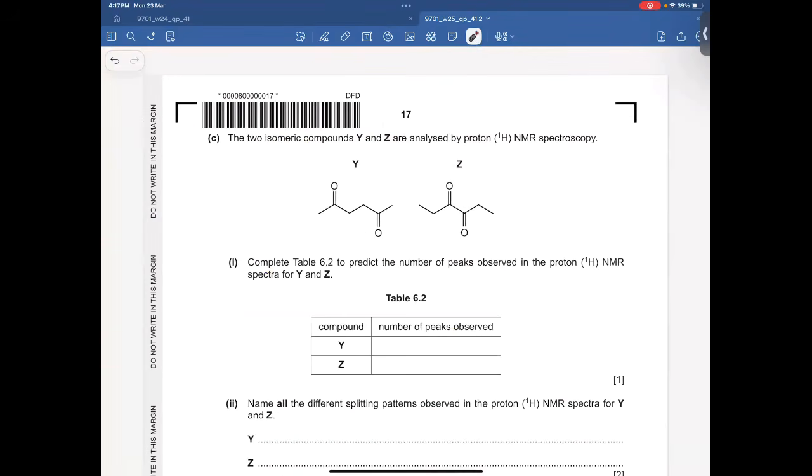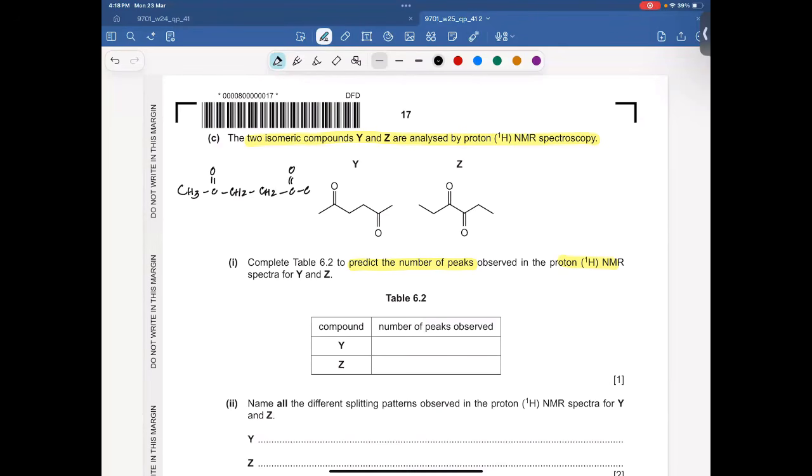Next, C. Okay, the two isomeric compounds Y and Z are analyzed by proton spectroscopy. Complete table 6.2 to predict the number of peaks in proton NMR. Okay, I'm gonna write it. First of all, let me write this structure in this way: CH3, CO, CH2, CH2,